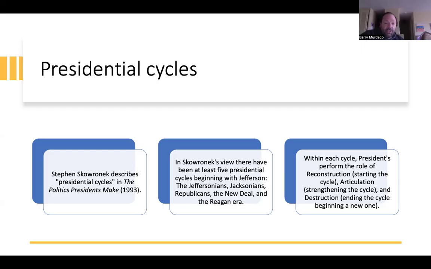Then there's a question of, has the Reagan cycle ended? I would argue it has not. Basically the dominant priorities of the Reagan cycle, especially favoring capital interests over labor, still continues to be true today, and that again crosses party lines as well. There's been no significant sort of erosion of the power of capital over the political system in relation to labor,